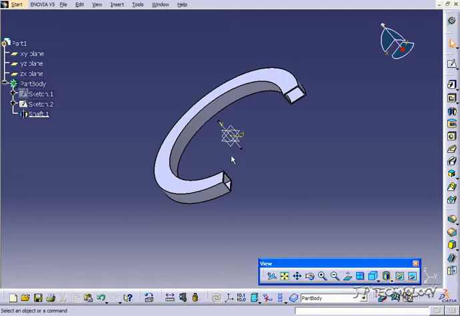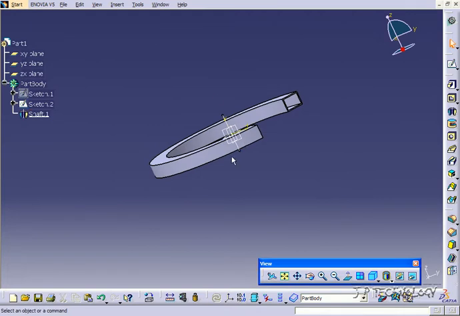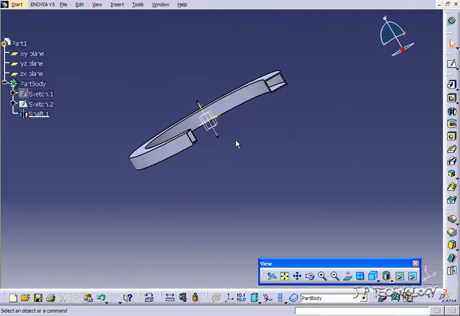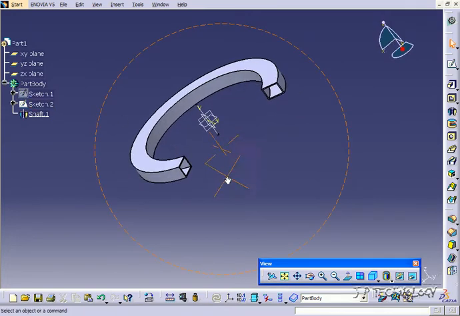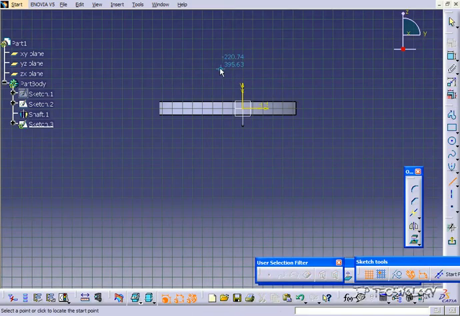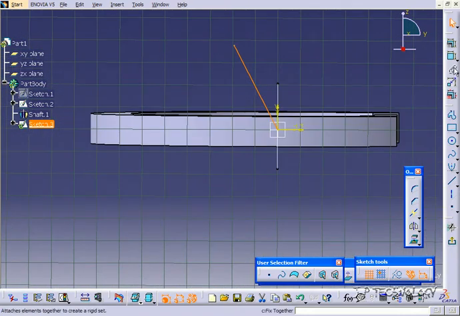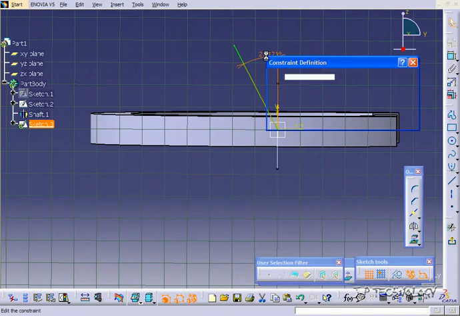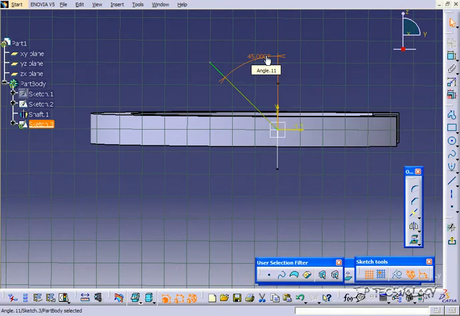Now we're going to do one more, and what we're going to do is put this on an angle compared to what it is right now. So let's click the YZ plane, click sketch, and let's draw a line that's on an angle to the origin, and click it onto the origin, and let's make this 45 degrees. Now let's accept this,